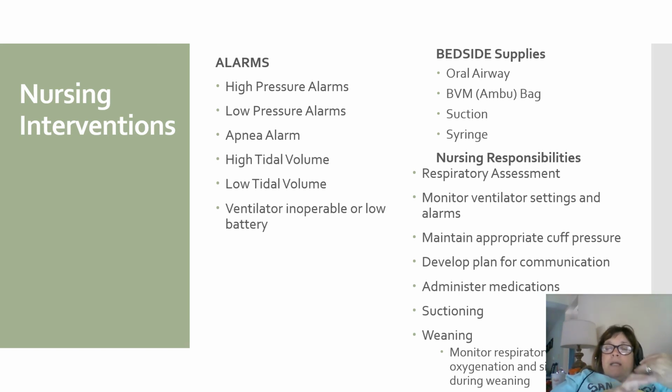I want to maintain appropriate cuff pressure. Now, VAP prevention is the responsibility of the RT, and they go around and check the pressure using a sphygmomanometer and make sure that's adequate. Develop a plan for communication, and on our Canvas page, there's a document on how to communicate with a patient with an ET tube. My job is to administer medications, I help with suctioning, and I assist with weaning,